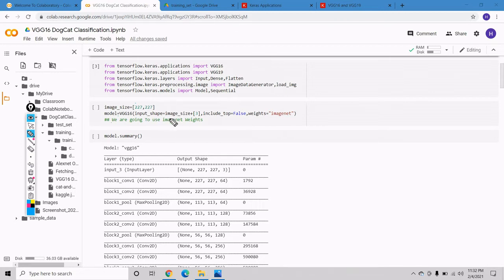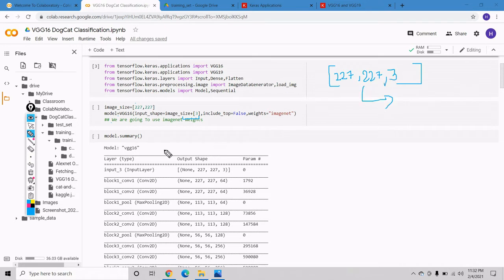We have to provide the image size here, and we add 3 because it is an RGB image: 227 cross 227 cross 3.